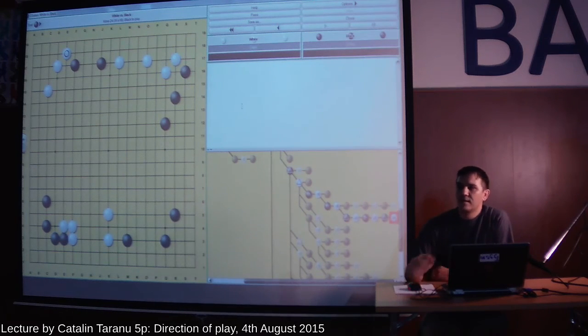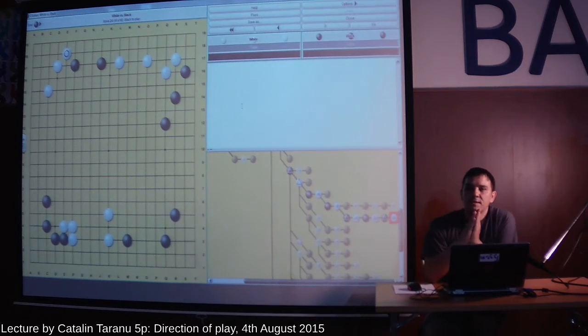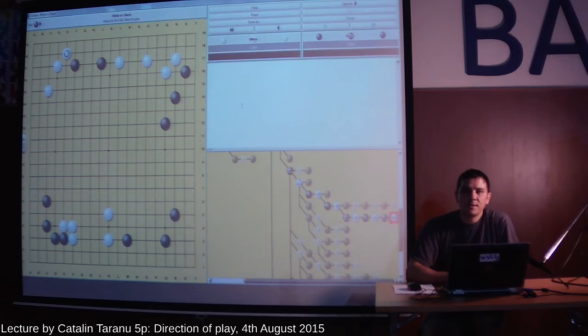So this is where I would advise caution. We should always stay in the stage of the game. If we are in Fuseki, we should not play Yose. If we are in middle game, we should not play Yose. And we should not even play middle game from Fuseki, but sometimes some fighting can erupt very early. But still we should respect the order of those stages, because